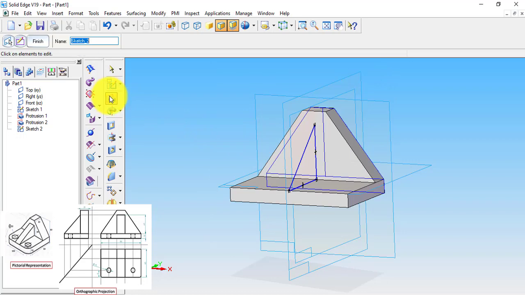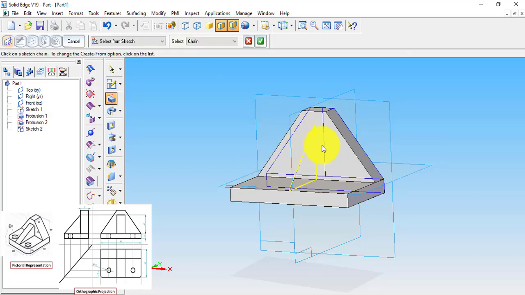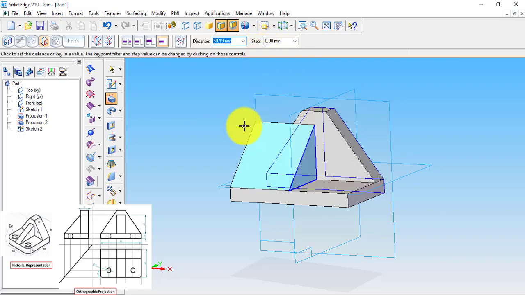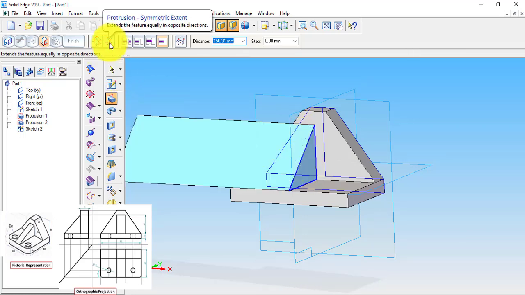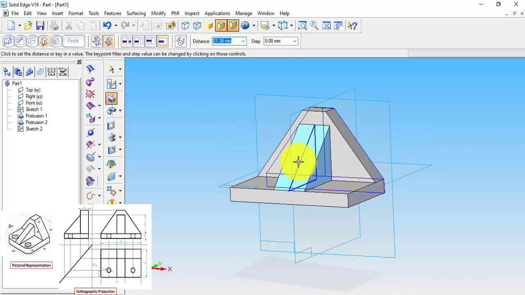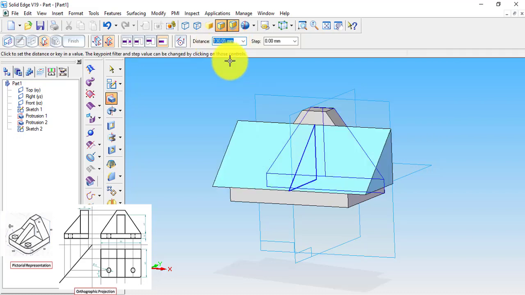In order to protrude it, we use protrusion, select the closed contour and click on the right or enter option. As you can see, it asks for filling the three-dimensional object. But in our object, the filled rib is exactly at the center of the portion. So in order to have this at the center, we need to fill the triangular rib along both sides of the center line. For this we use the command called symmetrically protrude. As you can see here, it extends along both sides, and the total width of our rib is 20 mm.